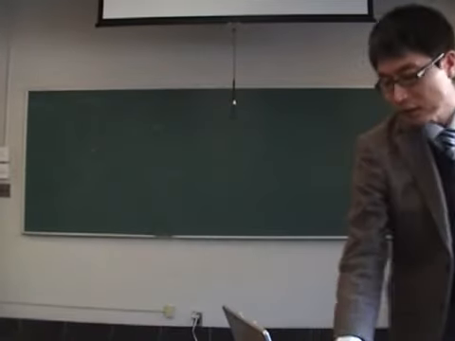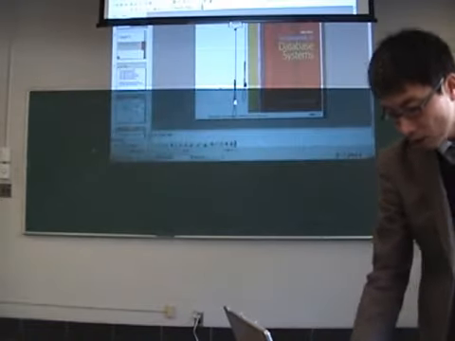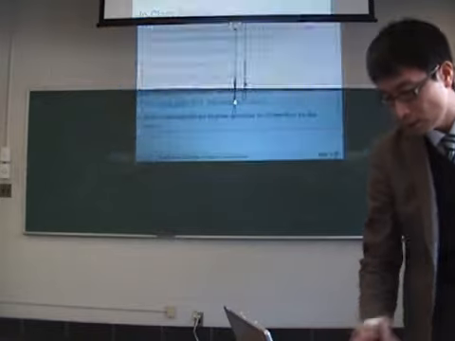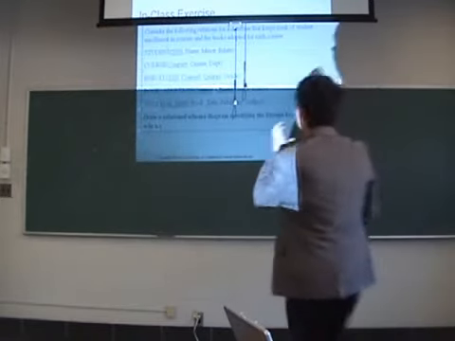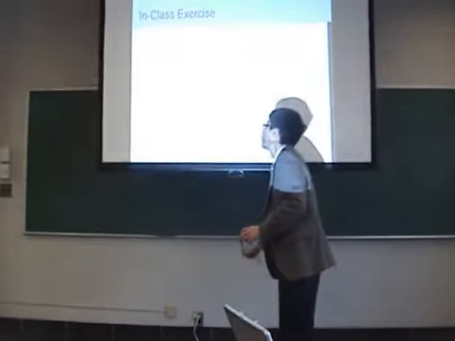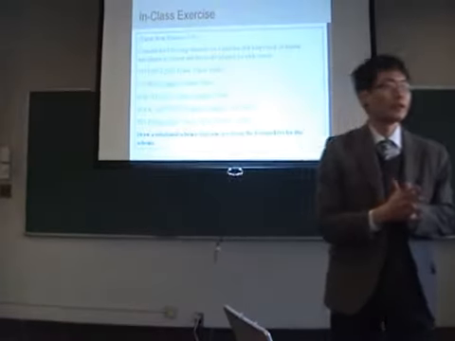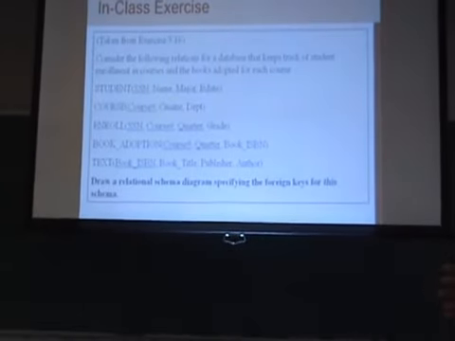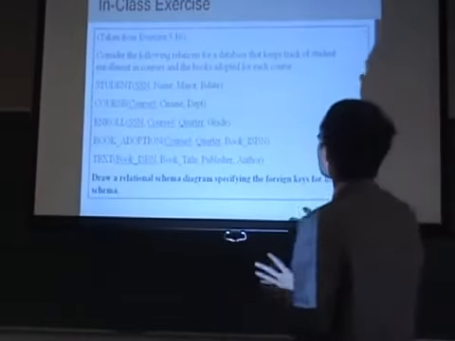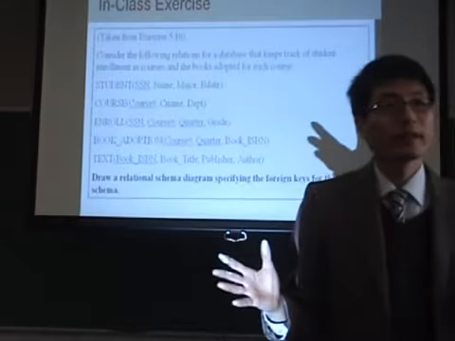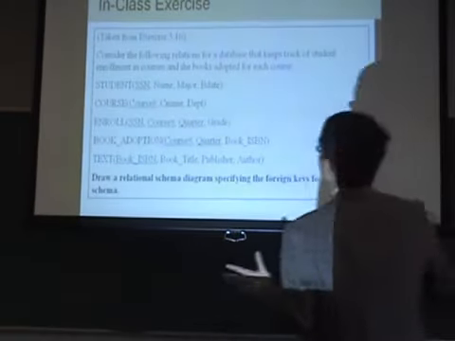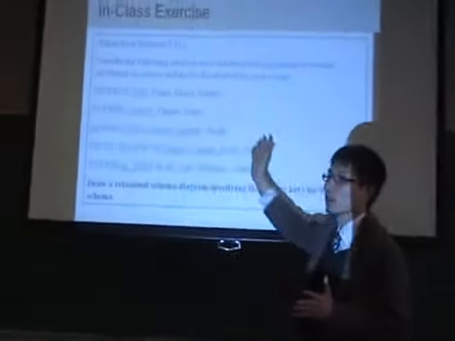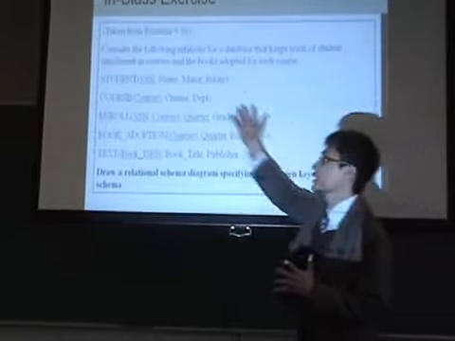Before we start such a mapping, first we briefly go over what we did not finish last time. So this is the, what's the name of the database? The course enrollment, student enrollment in courses and books database. Okay. So even though I do not describe the details of the condition, using this information,